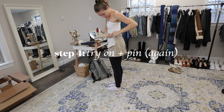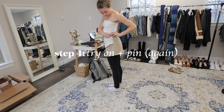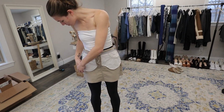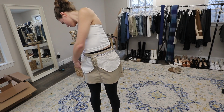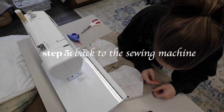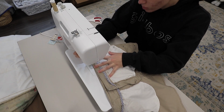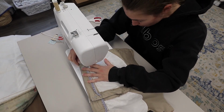Next, I put the skirt on inside out. I saw another girl do this. I honestly have no idea if it's a normal thing to do, but it seemed like it would be a lot easier. The skirt was a little bit too big, so I just wanted to take in the sides just to make it fit perfectly. Looking back, I wonder if I should have waited to hem the bottom of the skirt until after I took in the sides. I don't really know. So I pinned the skirt where it felt comfortable, and then I went back to the sewing machine. I adjusted the pins to make everything more even, and I sewed down each side. Everything was going great and dandy until